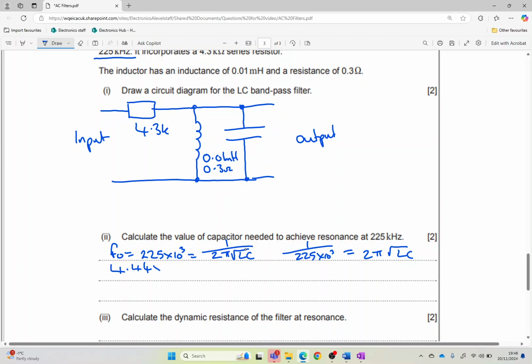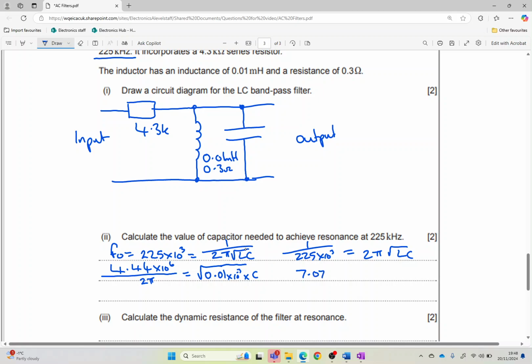gives me 4.44 times 10 to the 6 over, and then we can get rid of the 2 pi, so we've got 2 pi is equal to root, let's put the value for the inductor, 0.01 times 10 to the minus 3, times by C. So therefore, getting rid of the square root this time, working out what the 4.4 times 10 to the 6 over 2 pi gives me